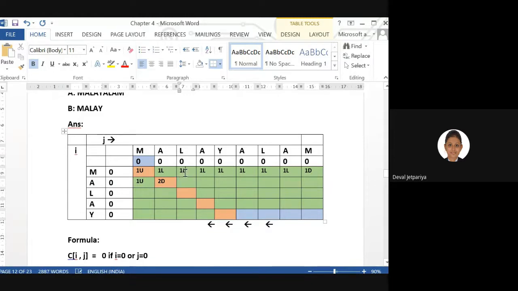Now after that, 2D and here 1L. Between those two values, which one is maximum? Yes, very good. And as we are getting that 2 with the help of the left hand side, we get L as the reference.